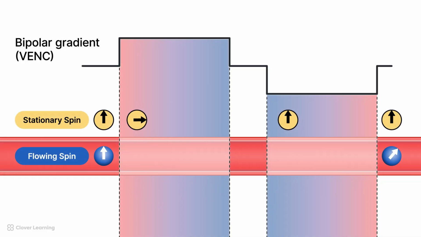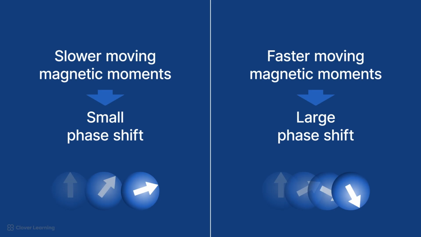After the collection of the reference image, the sequence is performed applying the velocity encoding gradients. These gradients manipulate the degree and direction of the phase shift of the magnetic moments of the hydrogen nuclei within the area of interest. If the spins belong to magnetic moments in stationary tissue, they will experience no total phase shift. If the spins belong to magnetic moments in moving tissue, like blood or cerebrospinal fluid, they will experience a phase shift that is proportional to their velocity. In other words, slower-moving magnetic moments will experience a small phase shift, and faster-moving magnetic moments will experience a large